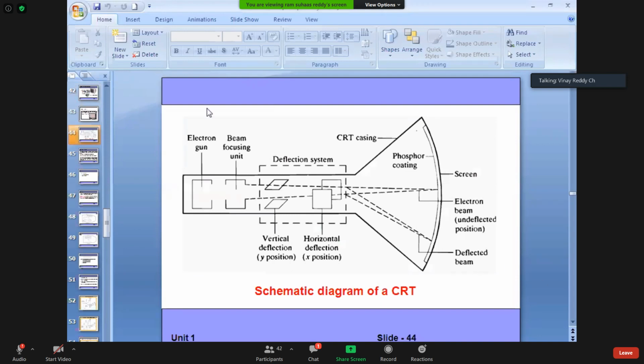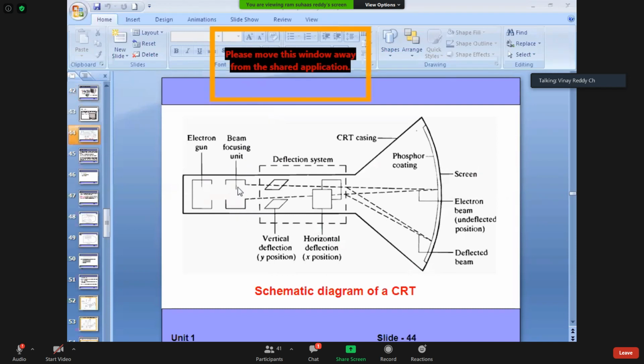Generally, an electron gun converts the AC current we are giving and generates electrons. The beam focusing unit, this part we generally call the picture tube.